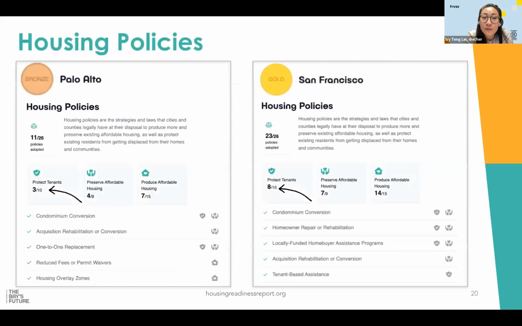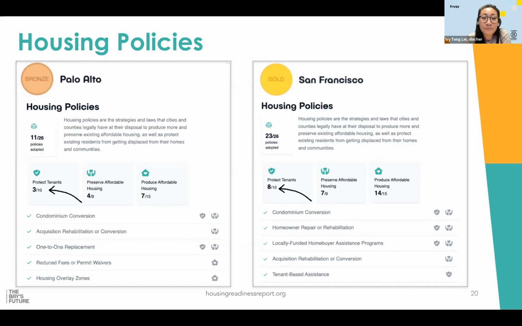Okay, so for advocates focusing on both local and regional housing policies, the tool provides a comparison of how many local housing policies have been passed by cities. So this is a good indicator of their overall level of interest in tackling affordable housing issues. But that said, it does have room for improvement in the future. Although not all housing policies are the same and not all housing policies have the same impact across cities, we're starting with the number of overall policies as a proxy for policy interests at the city or county level. The next iteration of this site will aim to dive deeper into the impact of each policy and adding more policies and